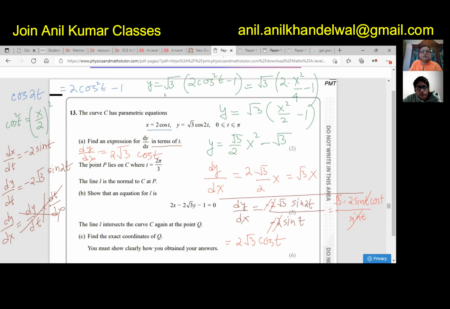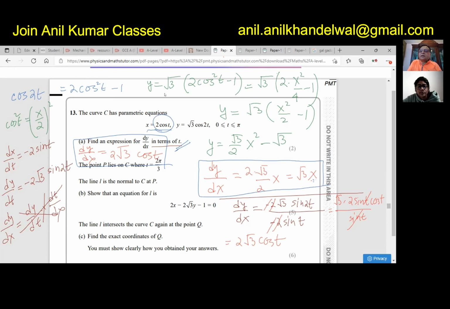And from the first equation also, we had square root 3x. Do you see that? And x is 2 cos t. So we get the same result. You can compare. If you compare this with what we had earlier got in terms of x, and you want in terms of t, x is 2 cos t, correct? I could substitute here 2 cos t, get the same result, right?